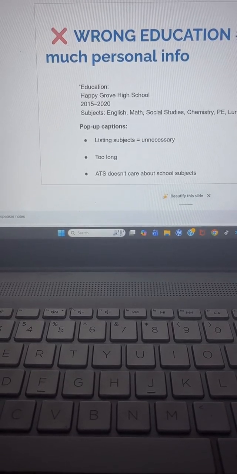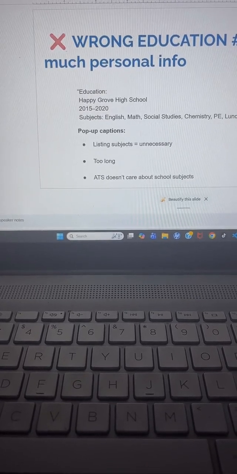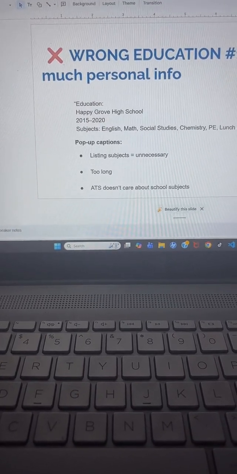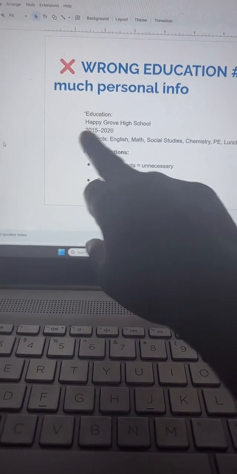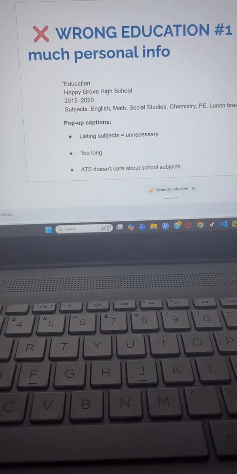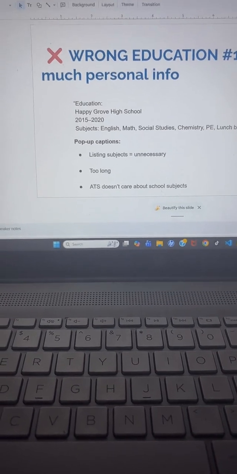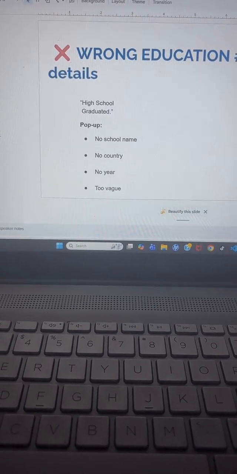Just put the secondary school that you were going to. Ensure that you're putting the month and the year as well. Some persons are missing that. Ensure that it's your month and your year.